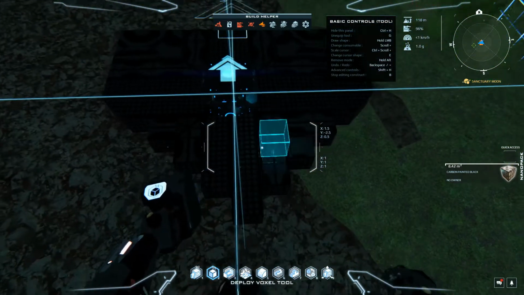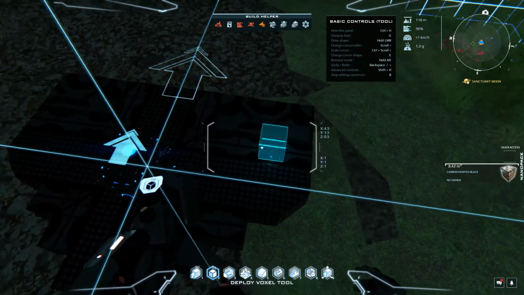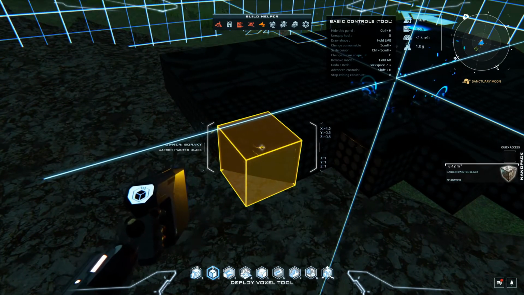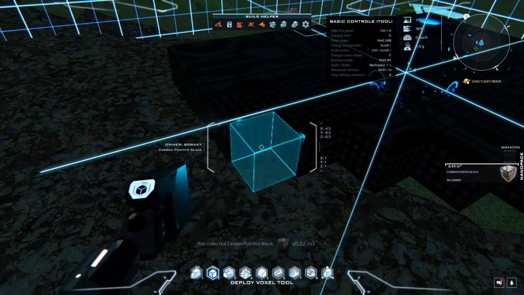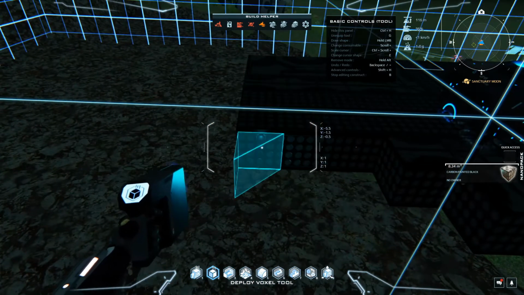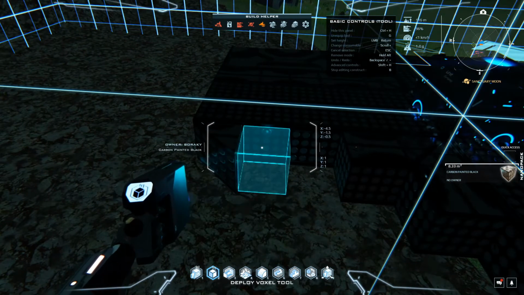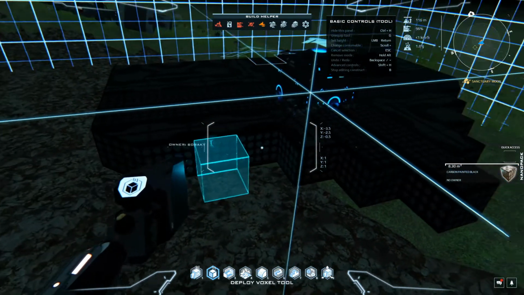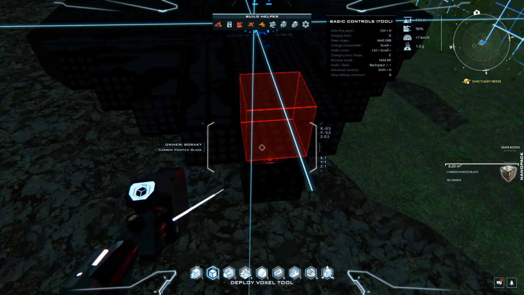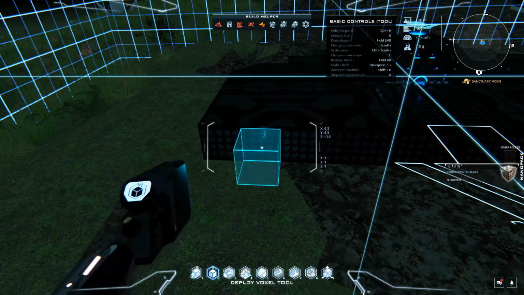I think that is center line there. One, two, three, four, five. Oh, yep. But if you want to delete something, hold R, or hold Alt, and do that. And I just need to make it a little bit more there. There we go. Alright, so